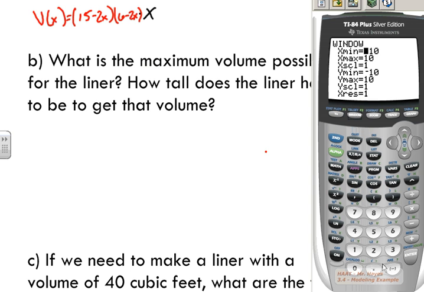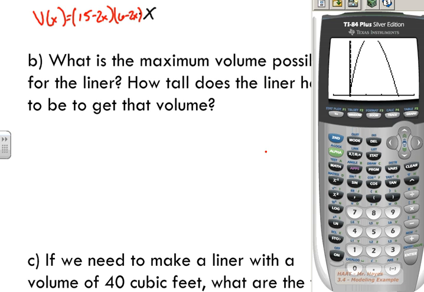So I'm going to make this -1 just so we can frame it nicely. Our maximum height is 3, so I'm going to go ahead and say 4, just so we can frame it nicely. Our y minimum, you can have negative volume, so I'm going to make negative 1 so we can see our axis nicely. And now our maximum volume, I'm going to take a guess and we're going to just say 50. Okay, so now when you graph this, you're going to see the polynomial come up,